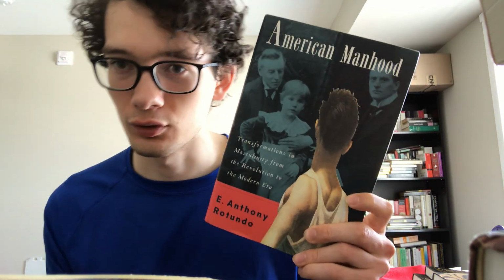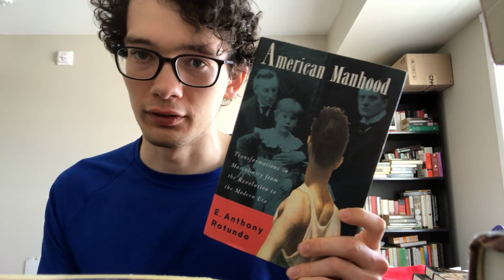Let's see here. Published in 1993, so yes, I'm correct. And yeah, he just goes through all these different shifts in the identity of the American man, because of course in the 20th century alone you have a shifting of what it means to be a man, because in the early 20th century, like before World